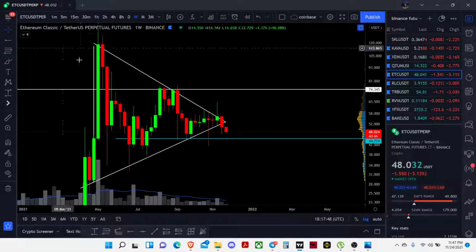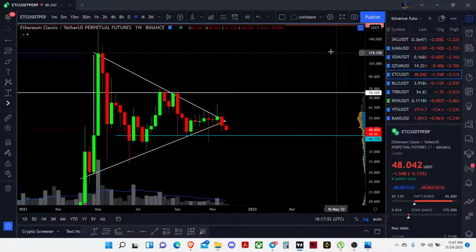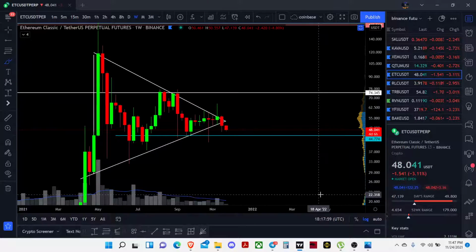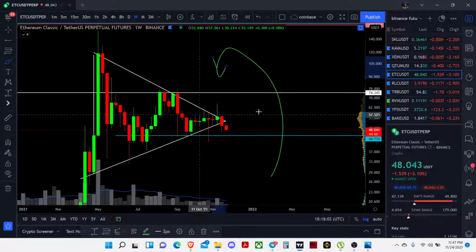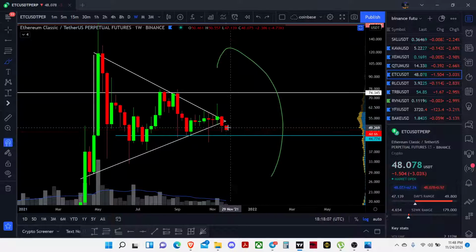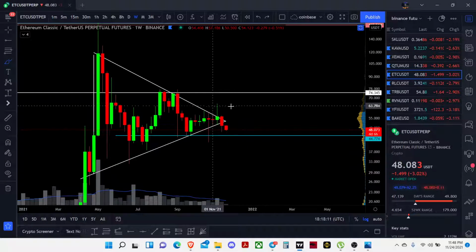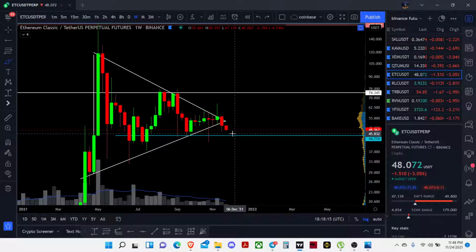Okay, so I had shared this kind of pattern over the Telegram group. Soon after this thing breaks down, the retail people who don't have any experience in trading jump in, take an entry and go wrecked when this comes back down. So this is not something you should do. You have to wait whether this weekly candle closes above it or below it. That's why the candle closes are really important.